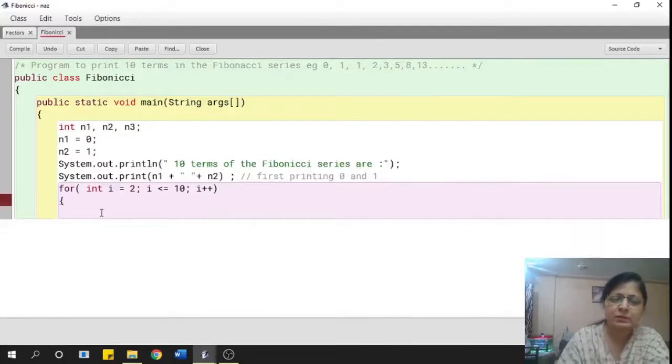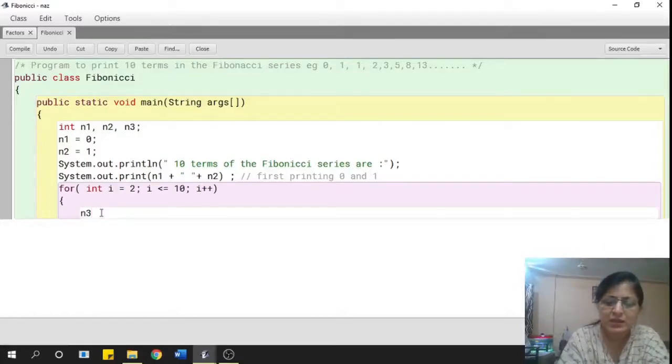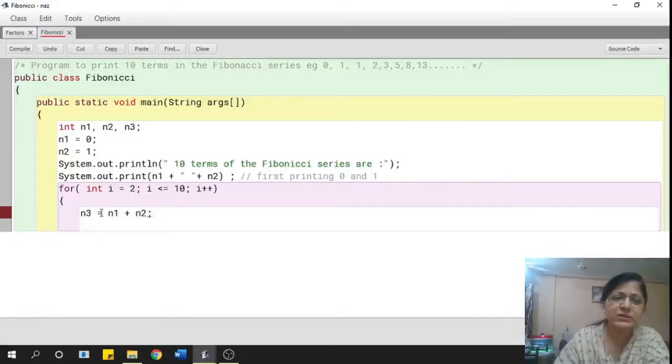Now, how do I print the next number in the series? I use the third variable, n3 is equal to n1 plus n2. Initially n1 was 0 and n2 was 1, so it has printed 0 and 1. n3 will be 0 plus 1, that is 1. n3 will contain 1, and then it will print 1.